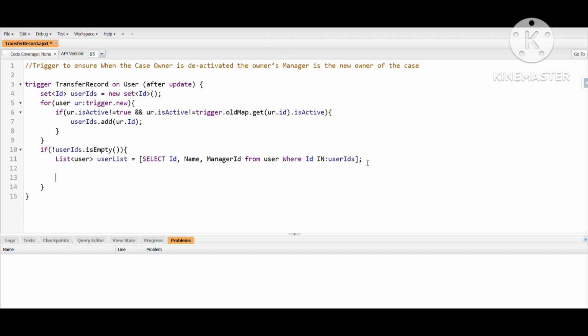Now we'll check if this user list is not empty, then